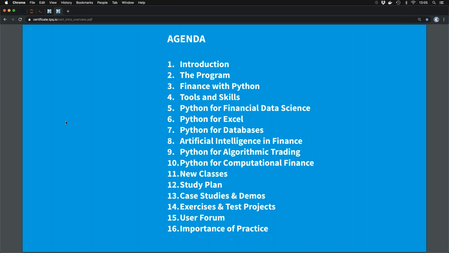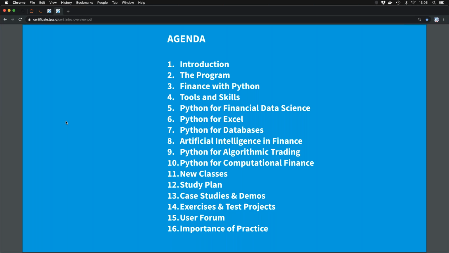new classes. This is what makes me really excited, that as we go, we add to the basis that we have reached new classes, new topics, and among others, we will have a new class on reinforcement learning in finance for this cohort. Then we discuss briefly the study plan, and one of the major parts of today's intro and